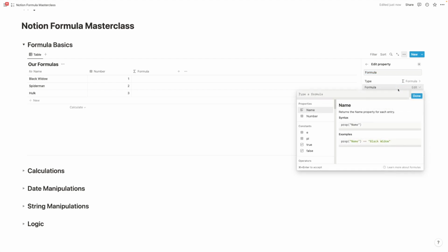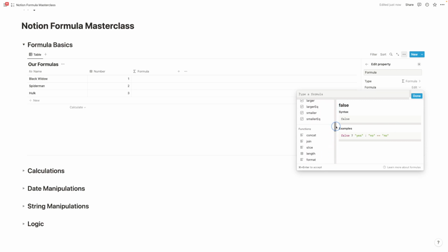If we click on there, the formula editor opens, and it has 3 sections. It has first the section for us to type our formula. Then on the left side, you see all the things that you could use in your formula. And it starts with the properties in your database. You see these two reflect our 2 properties. And if you would add more properties, they would all show up here first. And then we have a range of first variables, constants, and then operators and other formulas that we can use